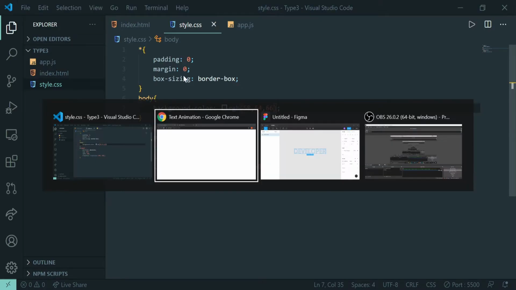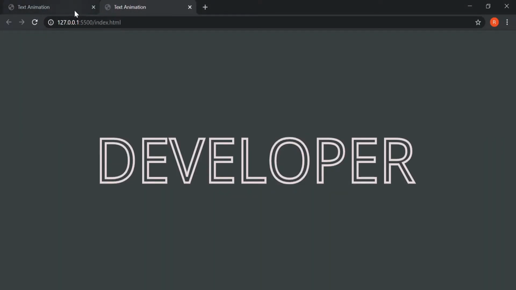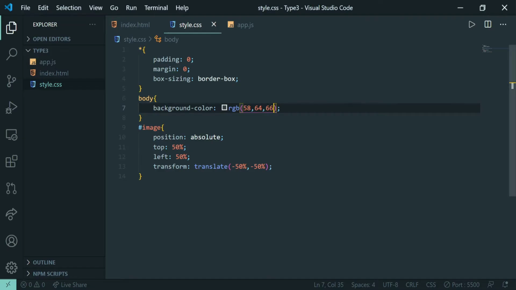So let us see our file and let us close other stuff. So we can see now our developer in the middle of the page and we have a background color of a black shade. So after giving these basic styles, now let's see what we have to do.